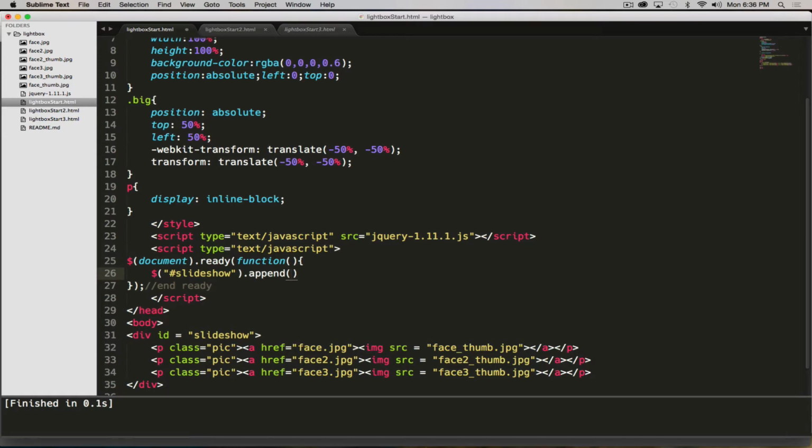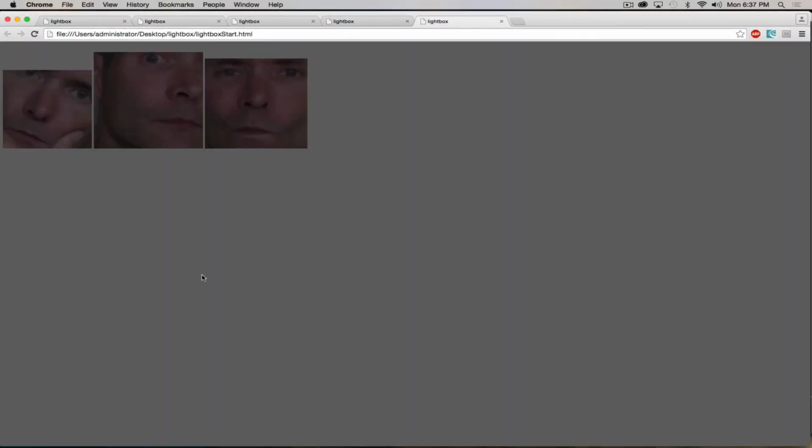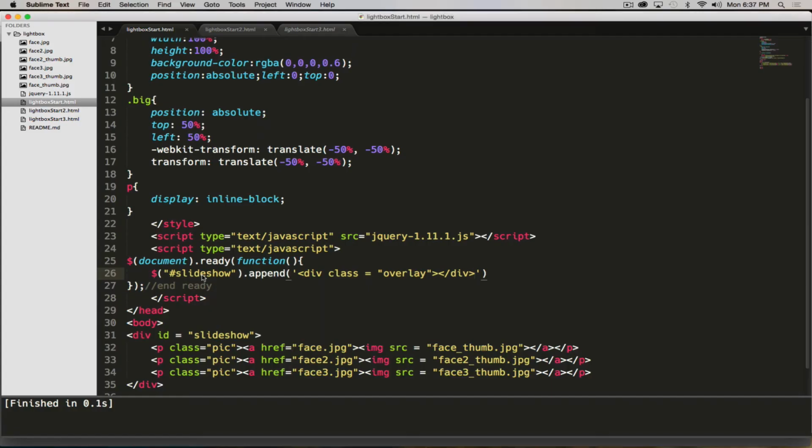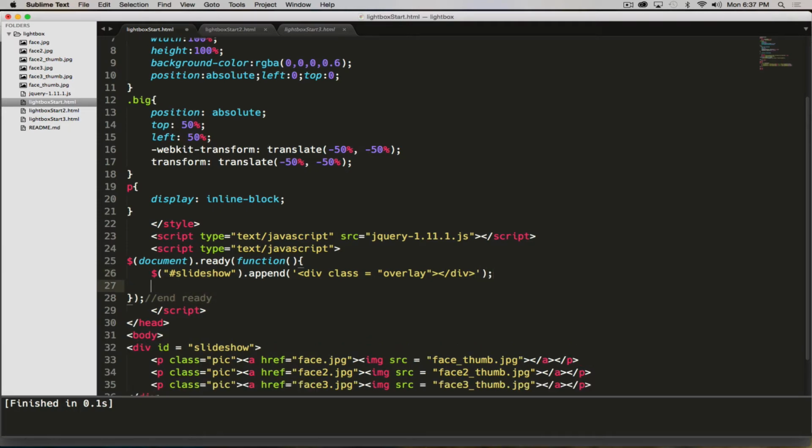And then to add it in, I am going to add in div class equals overlay. So we add this in. So by adding this when the document is ready, if we run this, we can see, whoop, it's slightly problematic because now it's covering up what's on screen. But that was kind of an expected reaction when I previously said, hey, we might want to use jQuery to add it. And then we can tell jQuery that now that I've added it,